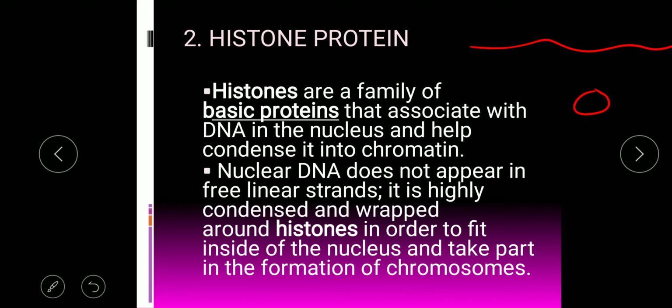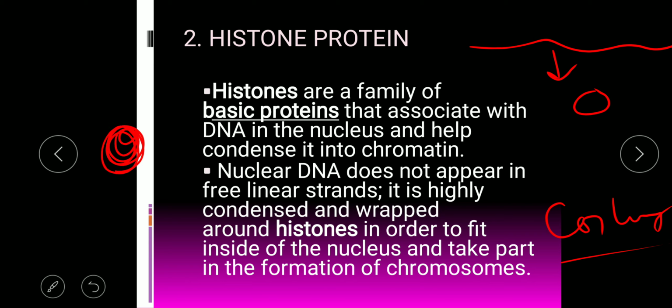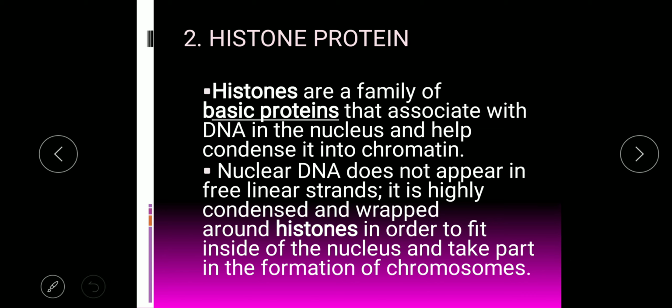This is possible only by the process of coiling and condensation. You must have seen your mother in the winters doing the knitting process; first of all, they make woolen balls. Coiling and then condensation. In the same manner, such a long DNA has to be coiled and condensed so that it can be kept inside the nucleus, whose size is less than a micrometer.